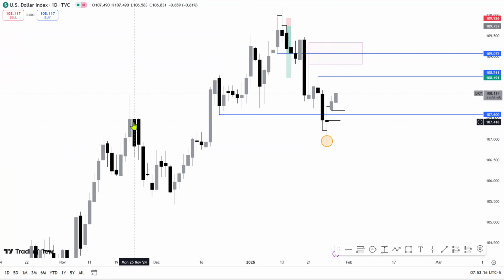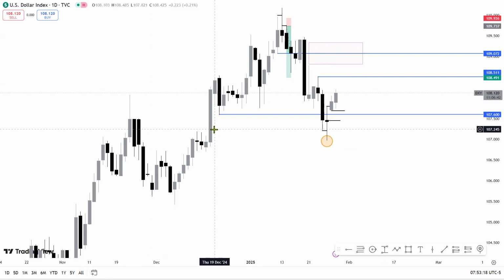This is at the bullish breaker on the daily, and also